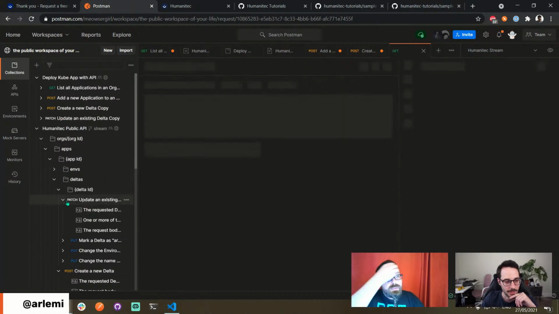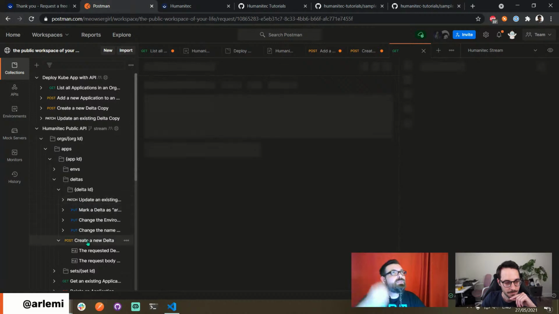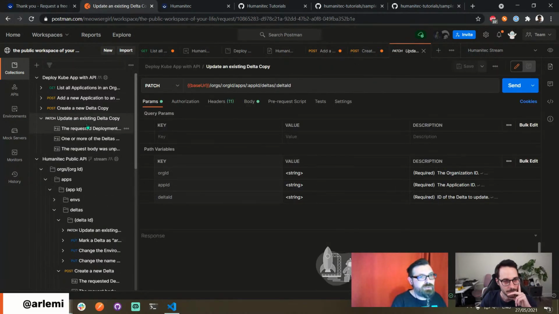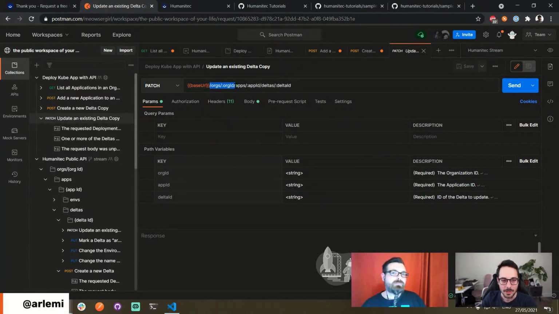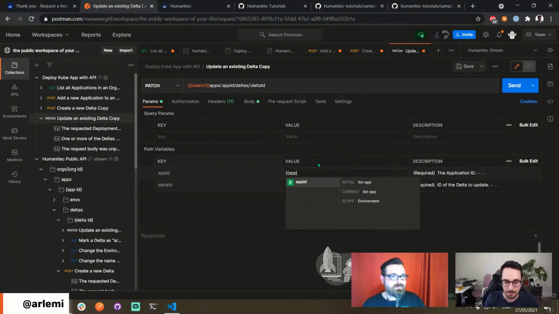So once again, you can probably see this also from the create new delta. Oh no, we just got the delta ID back basically. Yeah, but if you do the patch request, we'll see in the response what's being changed. So I need it until apps. App ID is my app ID, and then delta ID is